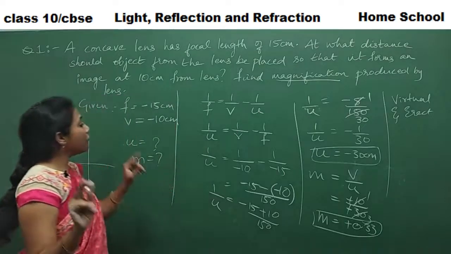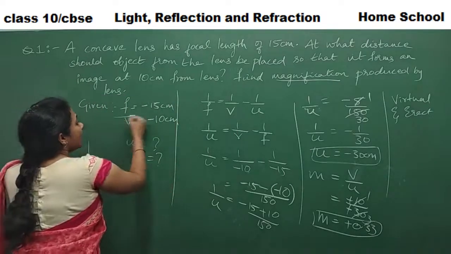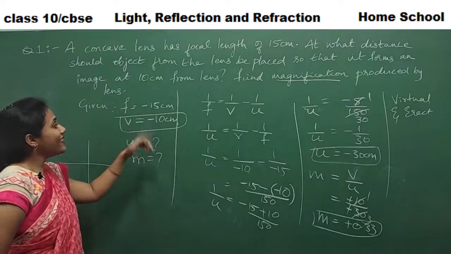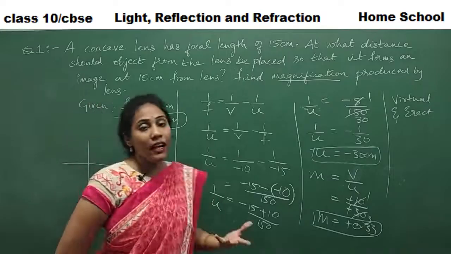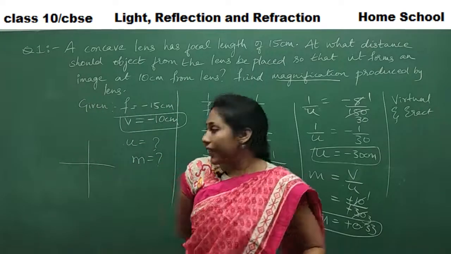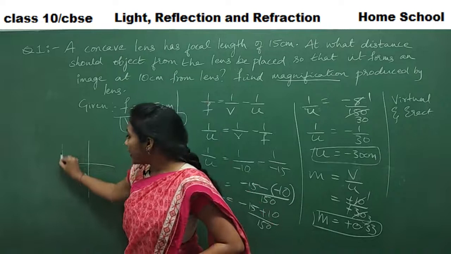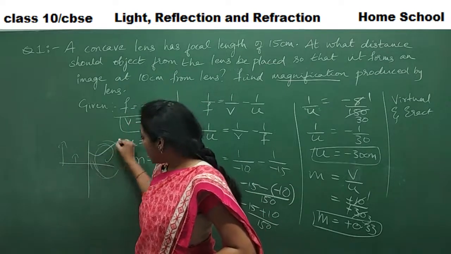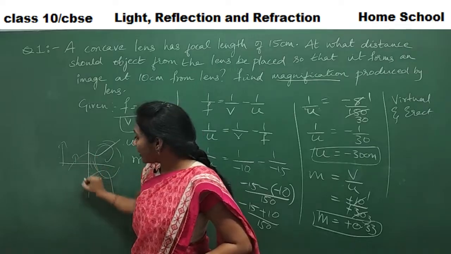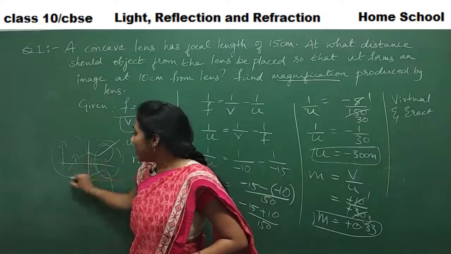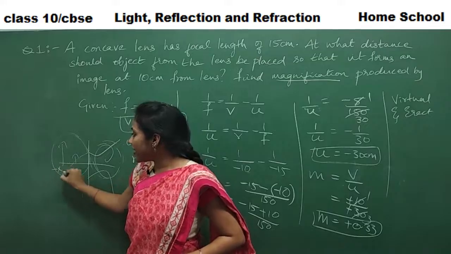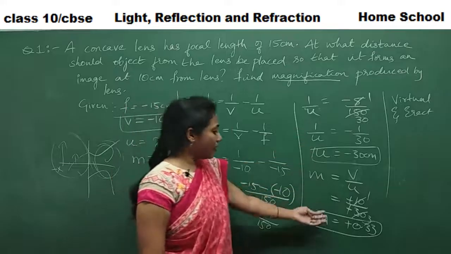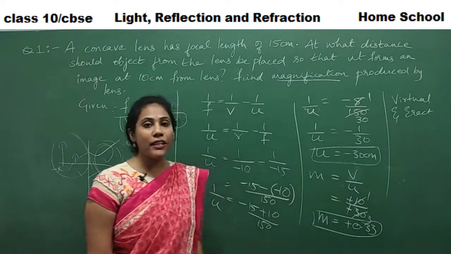And you can also find the nature of image with the value of v. Okay, v is negative here. V is equal to negative. In the sense, it's a virtual image. Okay, so in concave, object is here, image is also formed. Refraction is taking place here. The rays are diverging, but they are meeting this side, right? And this side, whatever values are there, this is a negative x-axis, all will be negative. So virtual image, virtual and erect, with the help of magnification sign also you can find out.